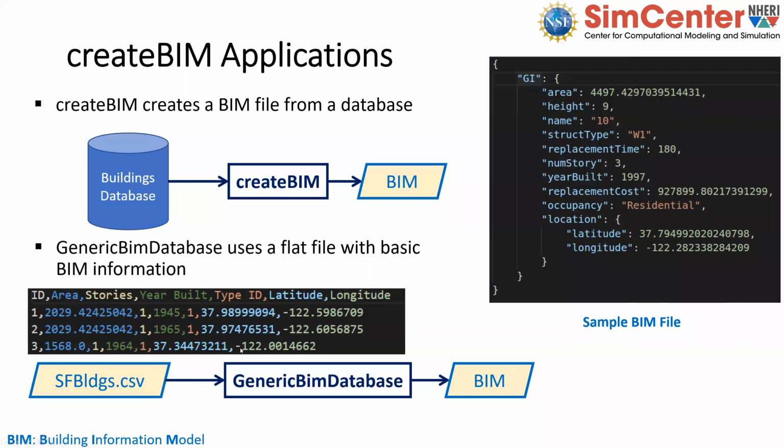So if we have this information, we can use this generic BIM database to obtain BIM files for each building in this region of interest, and this application will also have to make some assumptions to obtain some of these values. So if we look at the input here, for example, it doesn't have replacement cost. So we'll talk in a little bit about what kind of assumptions these applications would use by default